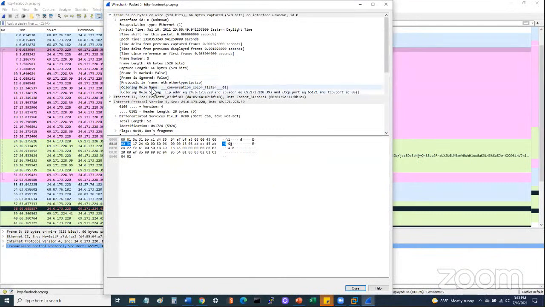It specifically says, hey, coloring rule string, coloring rule name. And it basically says that I wanted it to be a certain color. So that's the reason why all of the things in this specific conversation will have this same rule on here. This coloring rule is not something that was sent specifically in the packet itself. It was added there based on what I said, which was I want everything in this conversation to be displayed in pink. So you'll know, based on looking at the information in the frame, why something is colored a certain way.